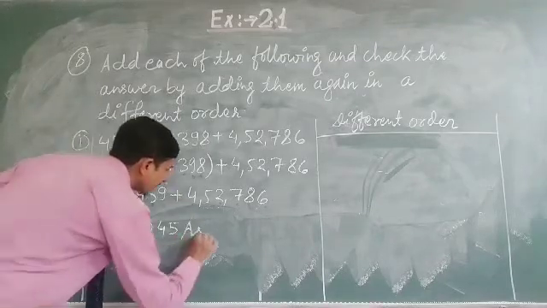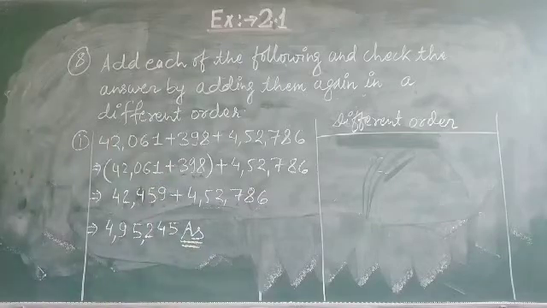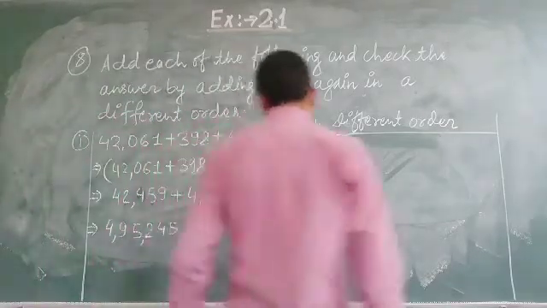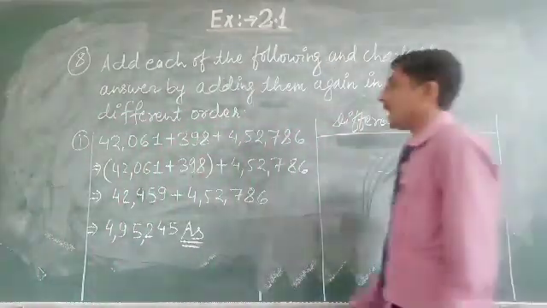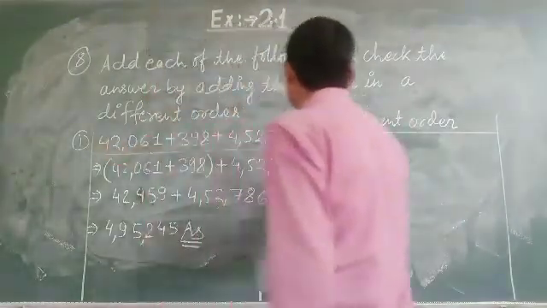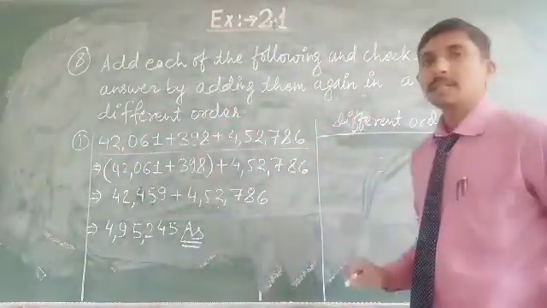So our final answer is 4,95,245. Now we have to arrange these numbers in a different order